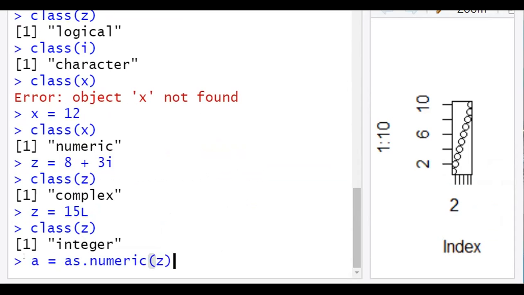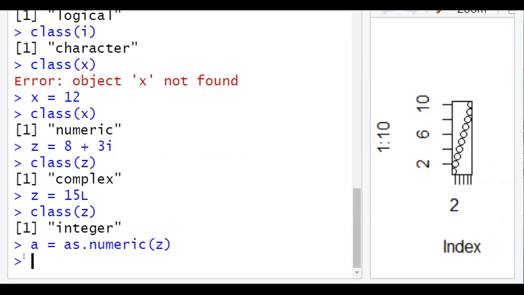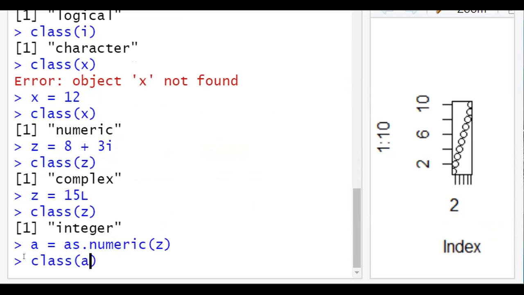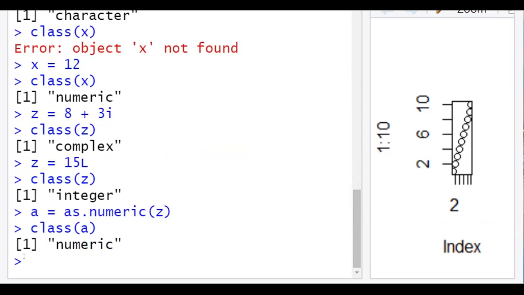So z is an integer, and we are converting it into numeric. Now if we print class of a, it is printing numeric.